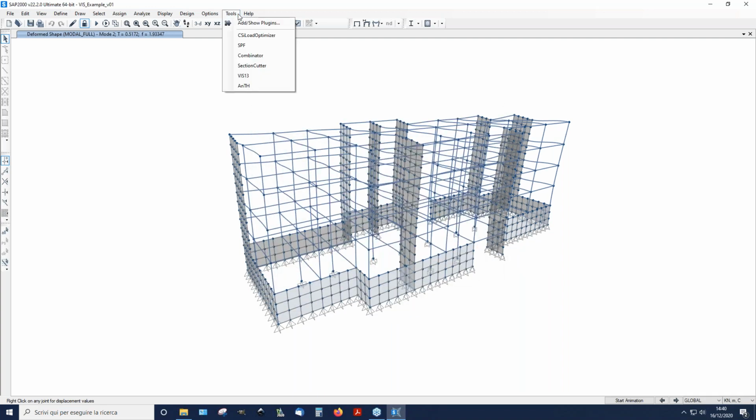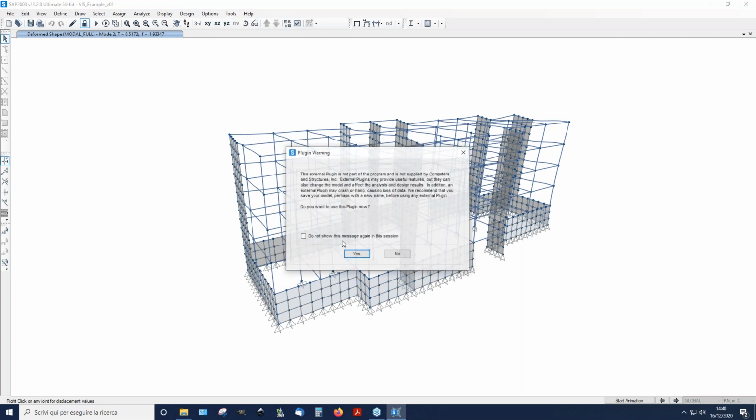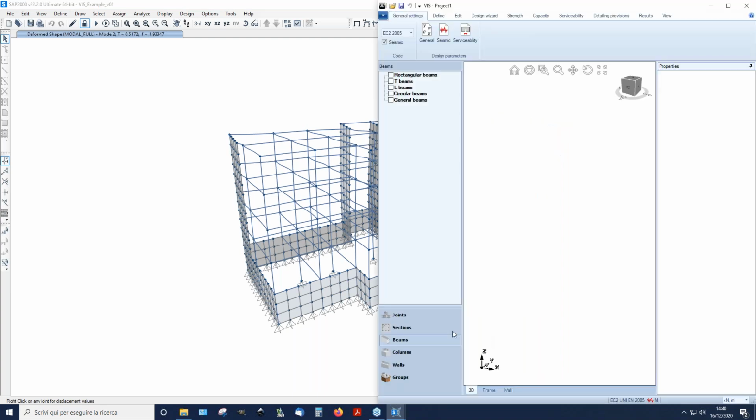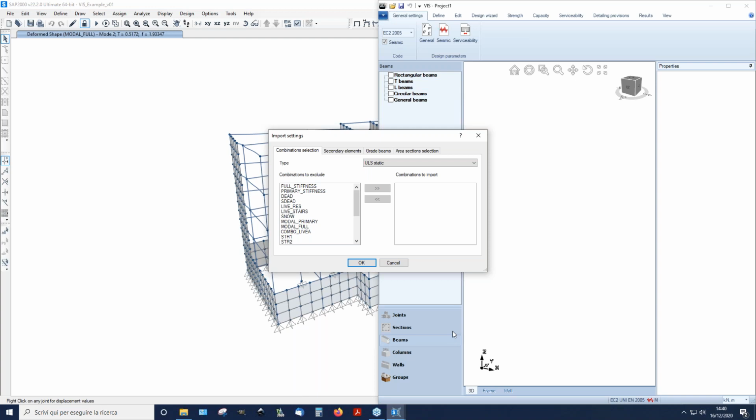Okay. Once I start VIS and I obtain the import definition window, I can choose which load combinations I want to import in VIS for the design of the structure. Combinations are organized by limit state. So the first are the ultimate limit state,